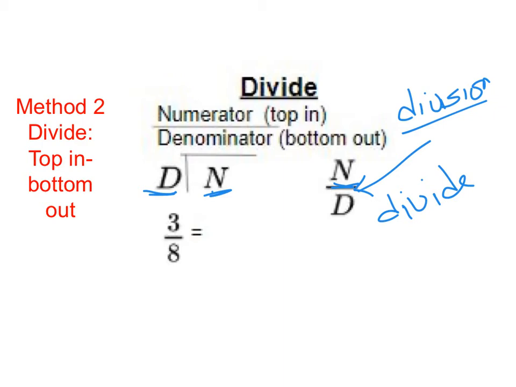So let's go ahead and do that. We have 3/8, so I'm going to put 3 inside the box, which is top in, and 8 outside, which is bottom out. Now when you do that, I know 8 cannot go into 3, so that means that's 0 times. So in order for me to continue dividing, I need to add a decimal